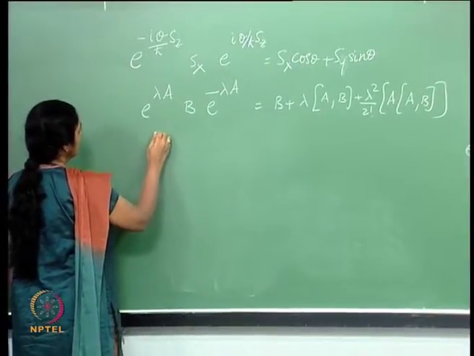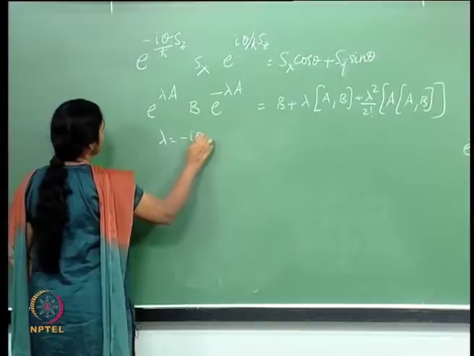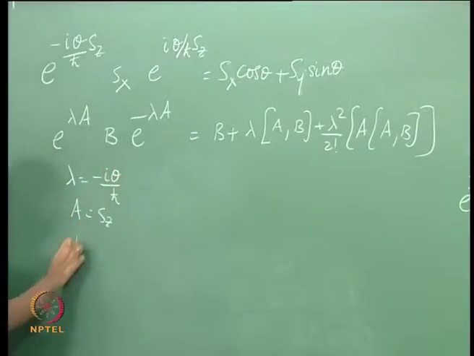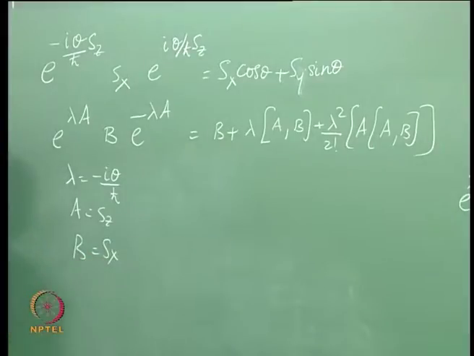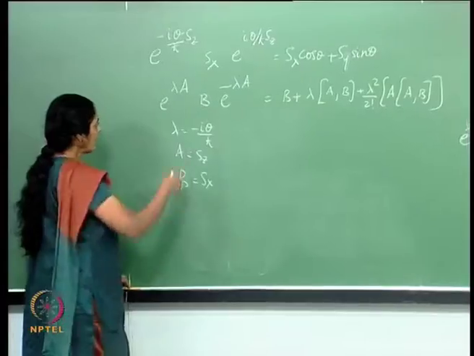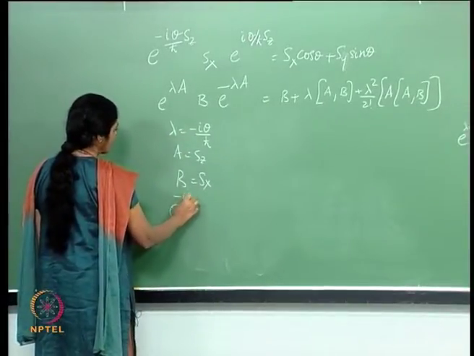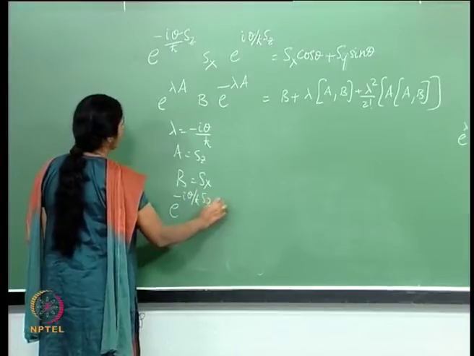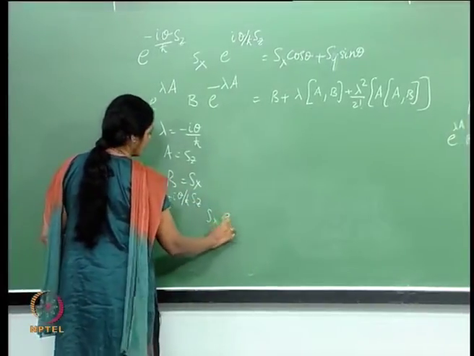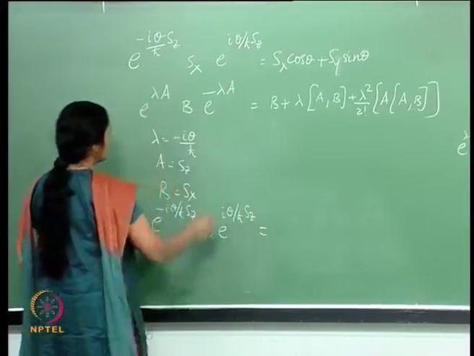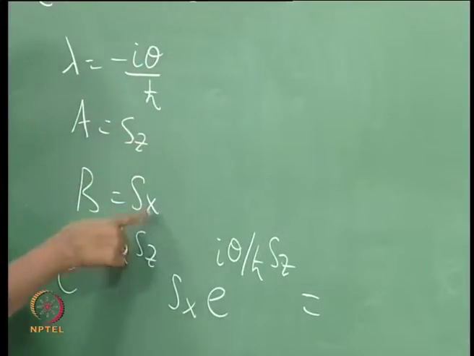So, here lambda is minus i theta by h cross, A is S z and B is S x. So, this is what I have. If I now substitute, I have e to the minus i theta by h cross S z, S x, e to the i theta by h cross S z is equal to B, and B is S x,